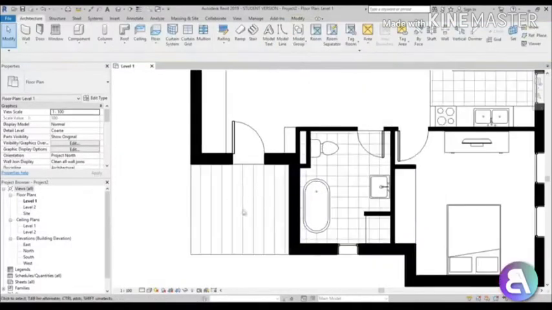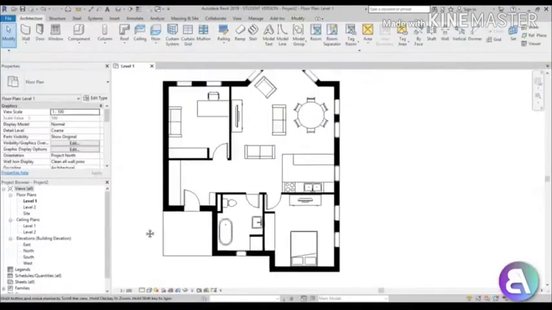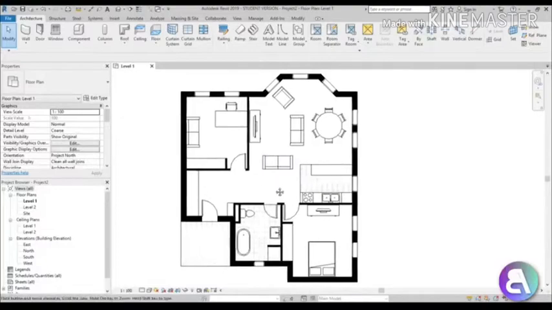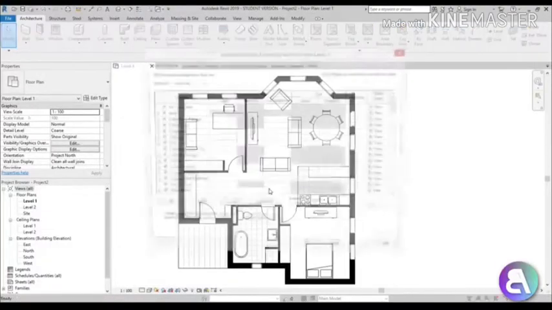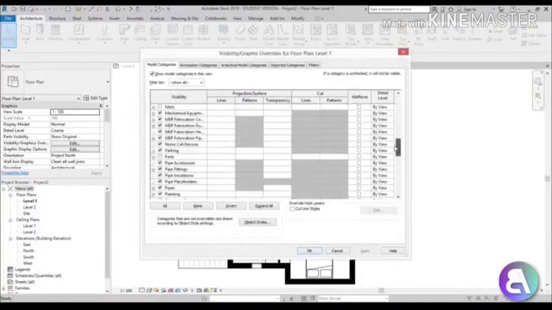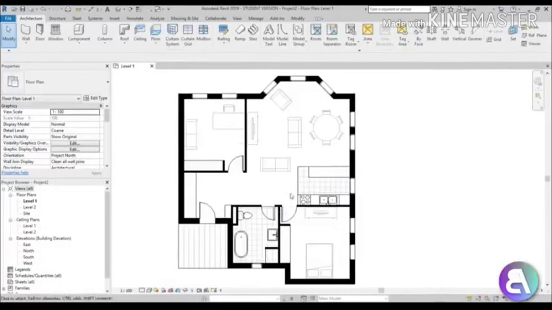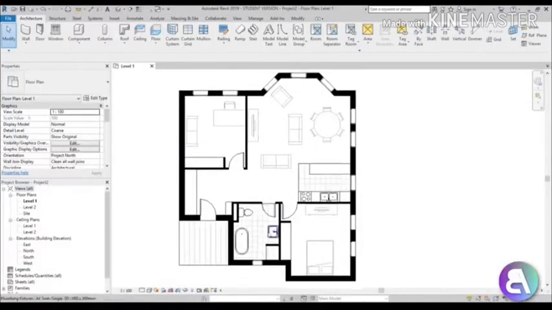And as you can see, it has a different hatching over here. And also something I like to do from time to time is change the furniture and make it a bit grayer. And how do you do that? You just go into VG for visibility graphics, you find furniture over here, and then you just turn on halftone and you apply, and as you can see now most of the furniture is at halftone except the